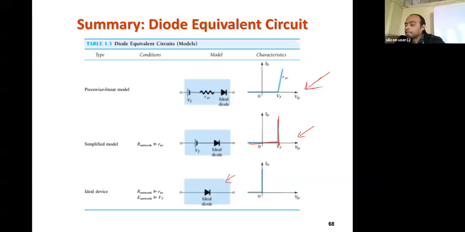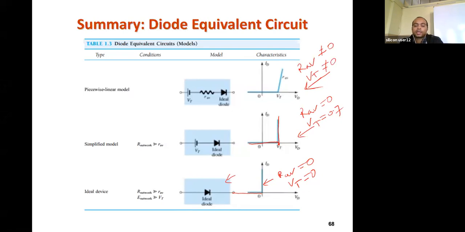Okay, so here, in the negative cycle, when we were applying negative voltage, it was not conducting, and when the voltage is approaching around 0 and becomes a little more than 0, at that time it starts conduction. The conduction started when the input voltage is a little more than 0 and the current is also infinite. That means RAV is equal to 0 here. RAV is 0 and the threshold voltage is 0. The average RAV which is providing, that is 0 and VT equal to 0. Here RAV equal to 0, VT is let's say 0.7. Here RAV is not equal to 0 and VT is also not equal to 0, something more than 0. You now know the difference between the three.